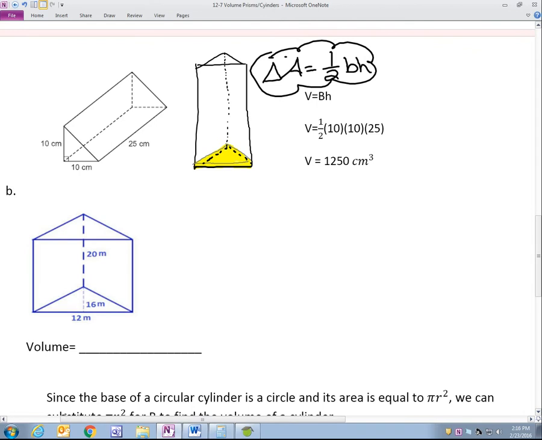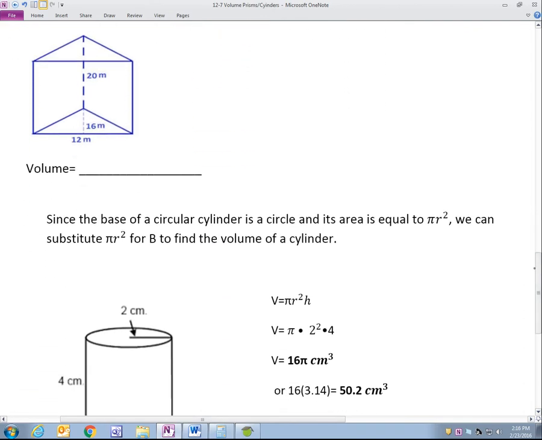All right, our turn. So we have to find the volume of this. So once again, since I can't see it on my screen, I'm going to rewrite it right here because I don't want to make any silly mistakes today on the homework or on Friday. So I have the volume equals base times height. So what is my base? What is my base, Webb? Would it be 16? Just 16? No, it's